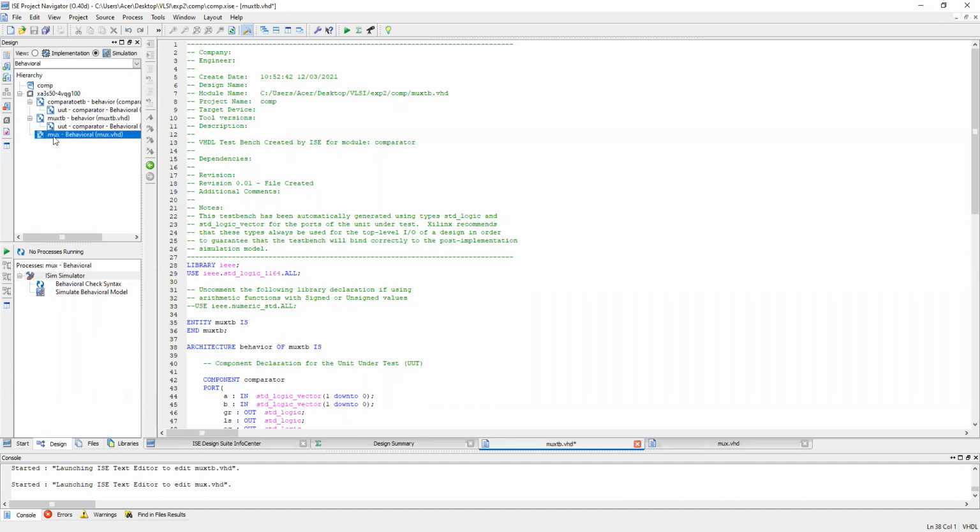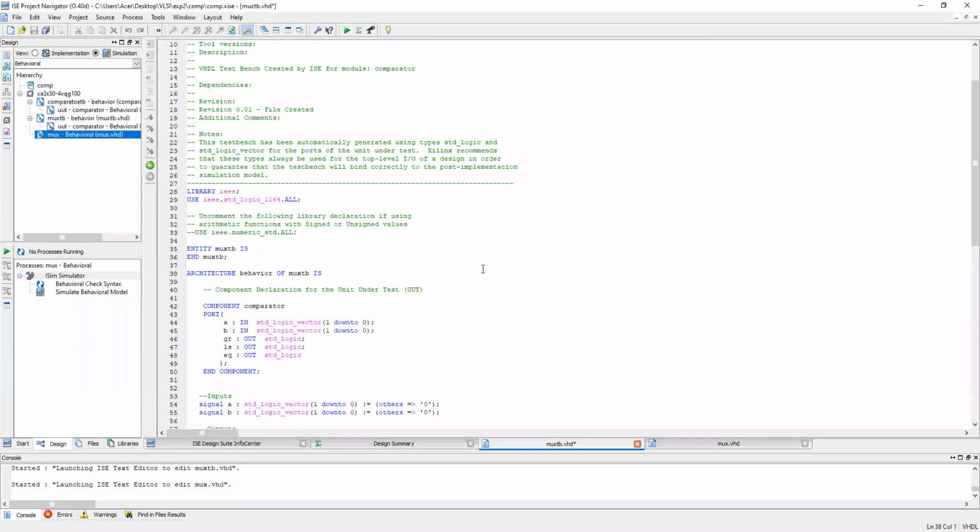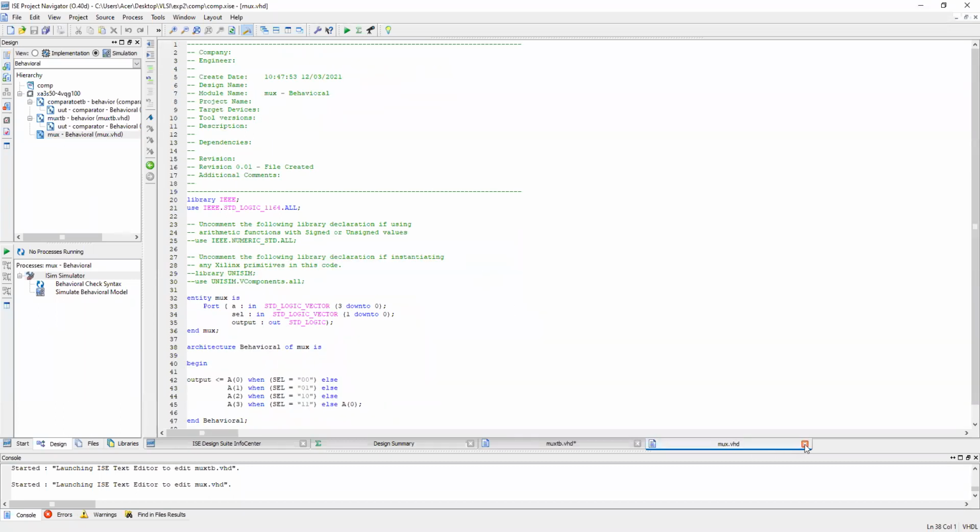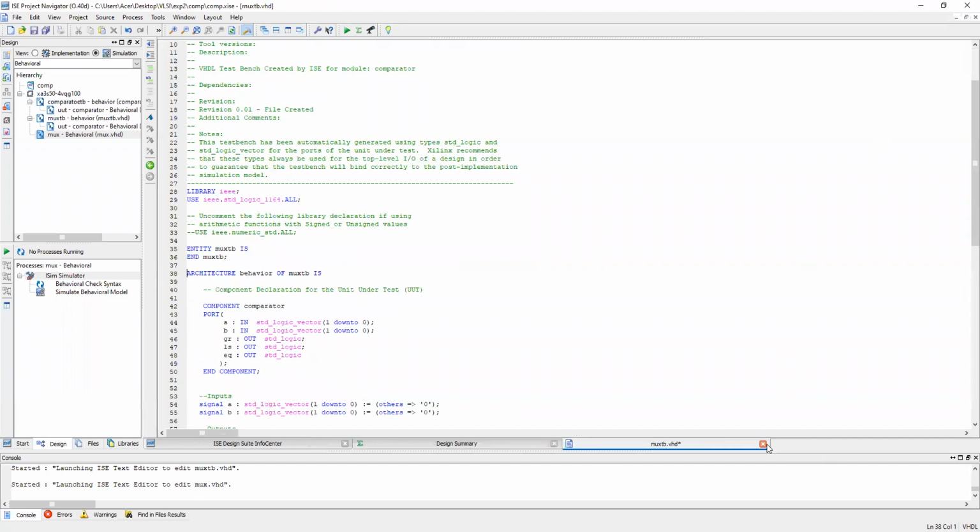Oh, what happened is, I guess by default we have changed the name of the comparator. No issue. We will reperform this from the beginning. There is some software issue, I guess.